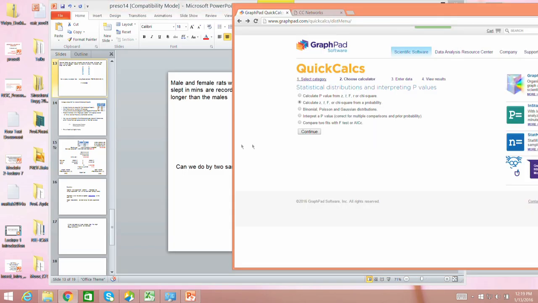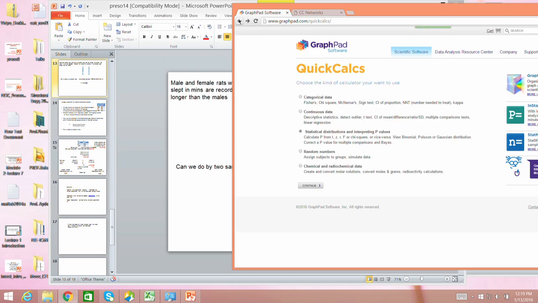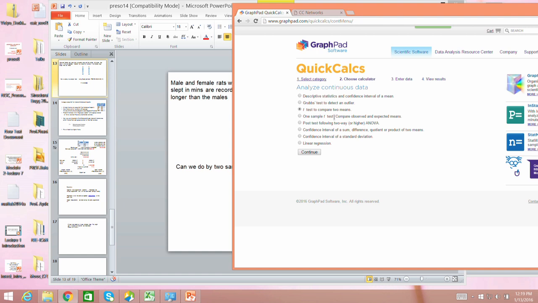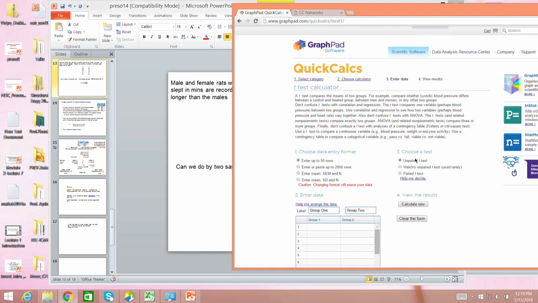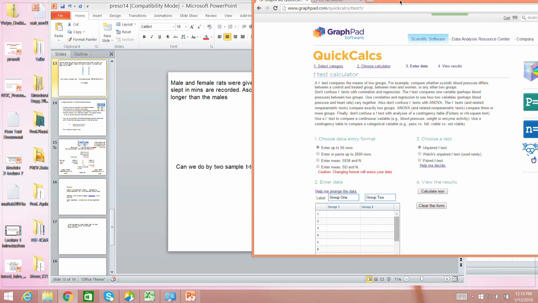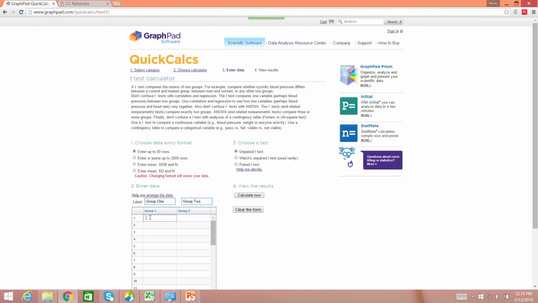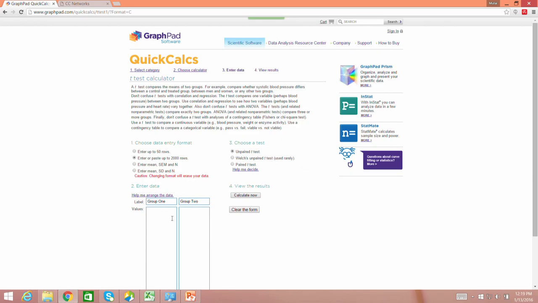So the GraphPad software, as you know, so that is the t-test we do, continue, compare 2 means, continue, okay. So we can say group